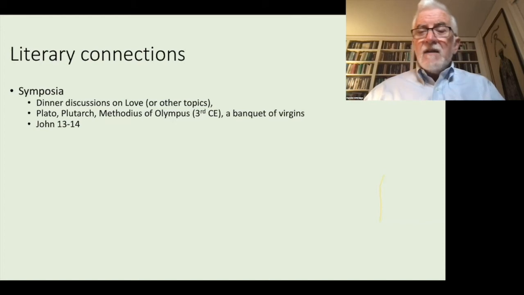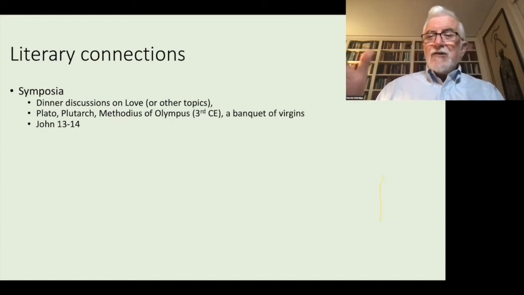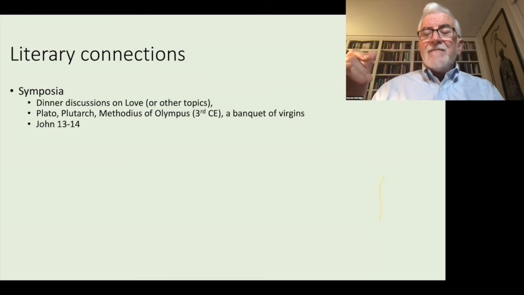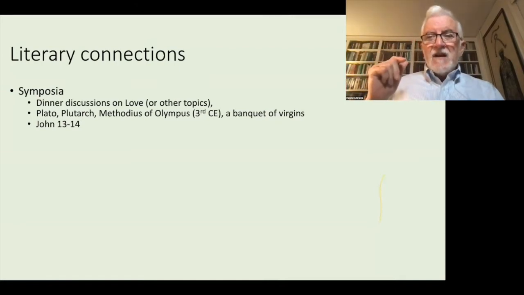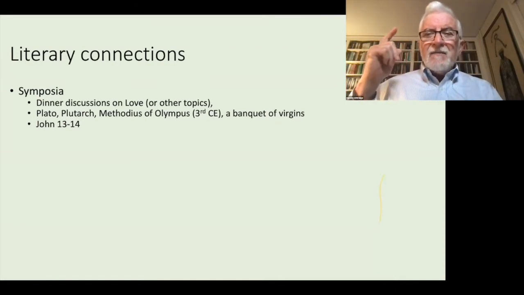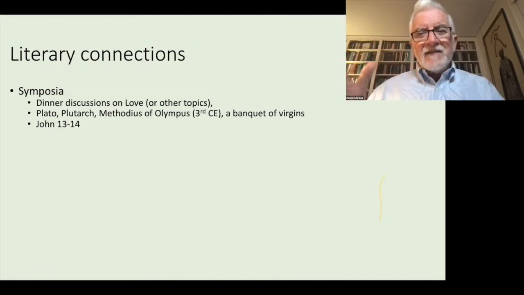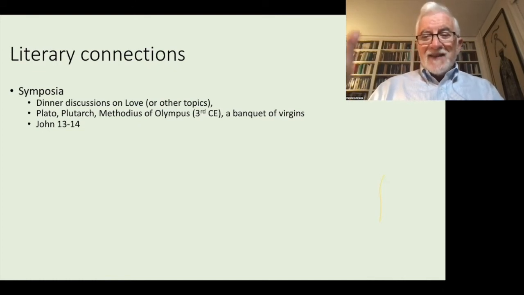In Plato, it's all about the relationship between man and boy, pederastic love, and the kind of love that Plato wants to advocate, Platonic love, which is creating beauty in the minds or souls of the beloved, different from the loving that goes on in a lot of the other speeches of that symposium. And this goes all the way to Methodius of Olympus, who talks about the love of virgins for virginity and celibacy. So love can be framed in different ways. But love is often a topic of symposia.